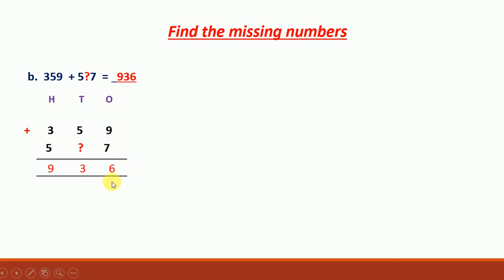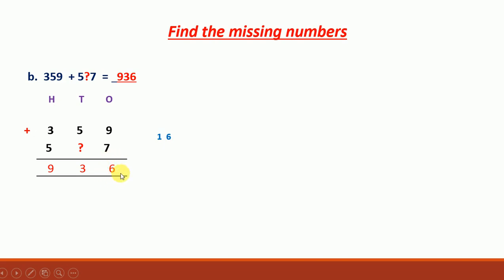Let us check. Okay, so now add 9 plus 7. Keep 9 in your mind, 7 on your fingers. After 9 comes 10, 11, 12, 13, 14, 15, 16. Okay, you are getting the number 16 when you are adding the ones place. That is 16 ones. As we are getting a 2-digit number, we will write only the number of ones below. So 16 has 6 ones in it. Only the 6 we will write below. That's why in the answer only 6 is given.